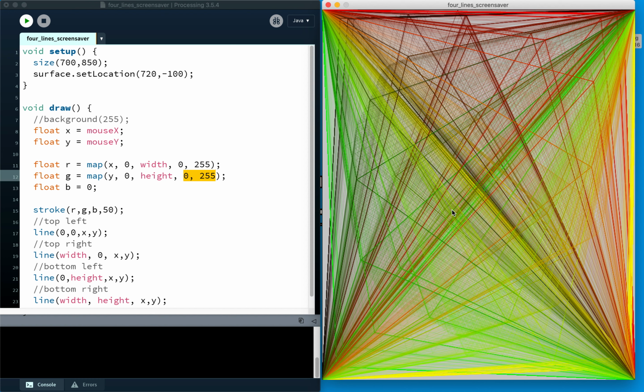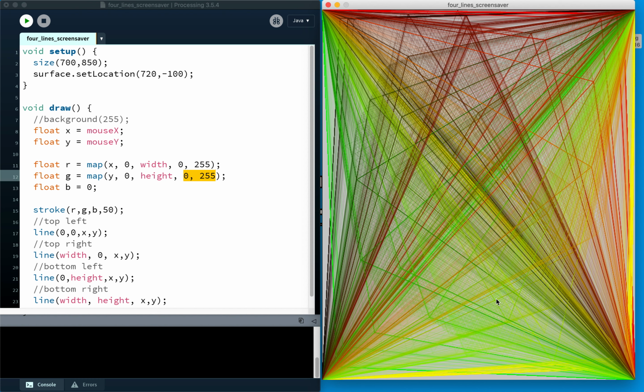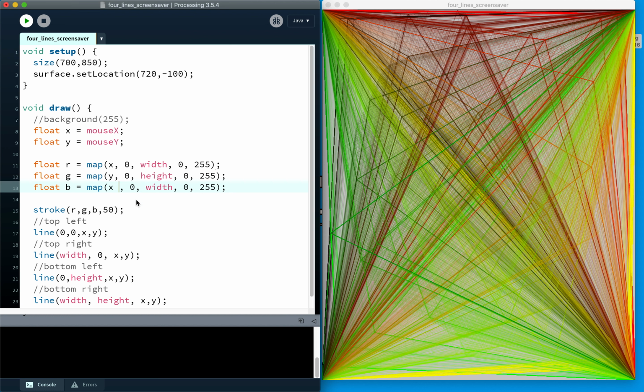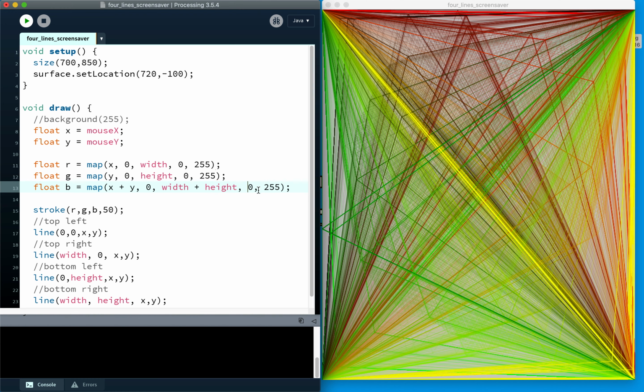So we've been neglecting blue, so I think maybe we should add in blue now. So blue will map again, but what we'll do this time is we will add together x and y, and we will map them from between 0 and width add height, because x add y, its maximum value could be the maximum width add the maximum height down here. And that's going to give us a color between 0 and 255. So now if we hit play on this,